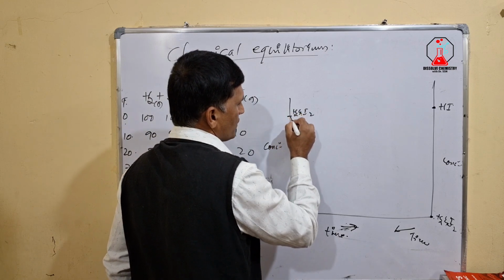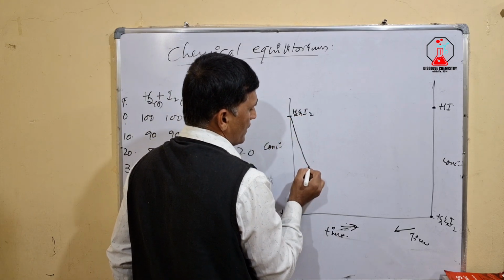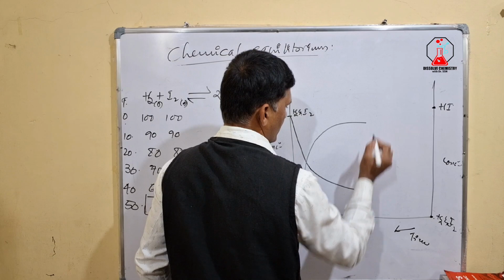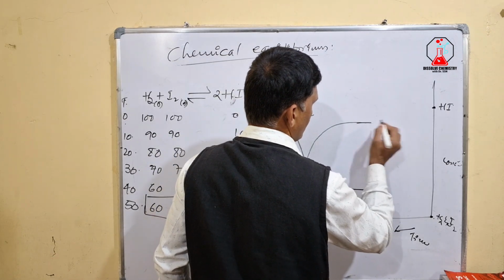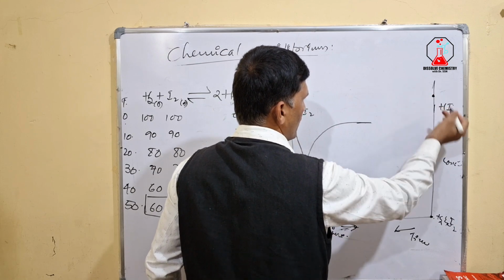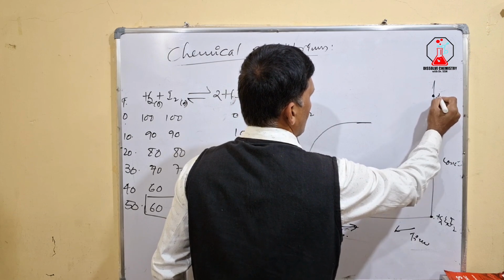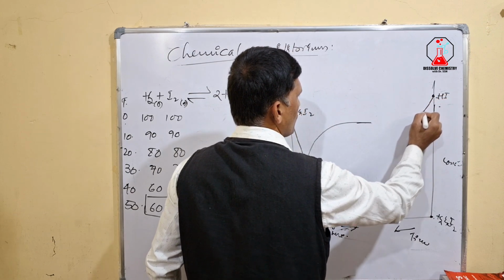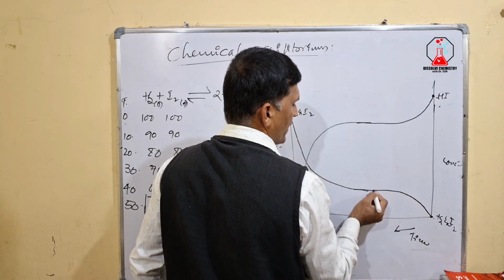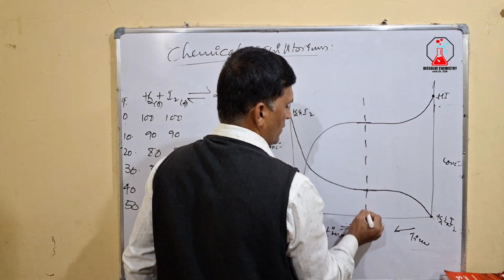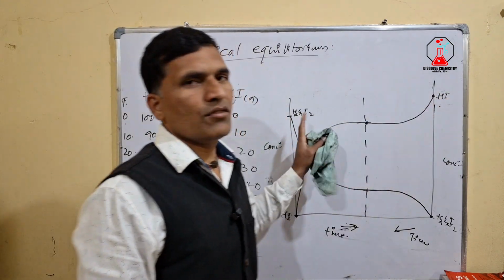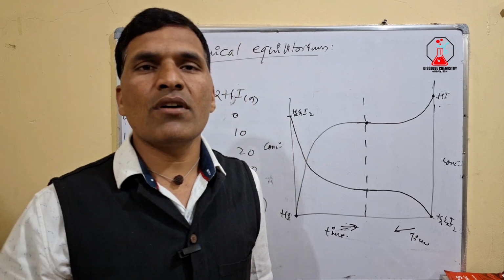So now as the time progresses, then what happens? The concentration of the reactant goes on decreasing. Okay, so here concentration of the product goes on increasing, right? And here, so we'll take it a little above. So here, if you start with HI, then what happens? So concentration goes on decreasing and attains an equilibrium. So concentration of H2 and I2 increases and it becomes equilibrium. Okay, and the equilibrium concentration will always be the same. Either you start with HI or you start with H2 and I2,